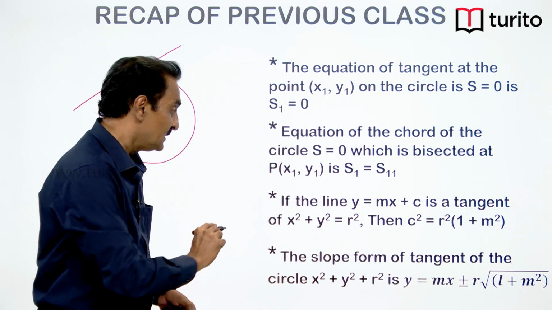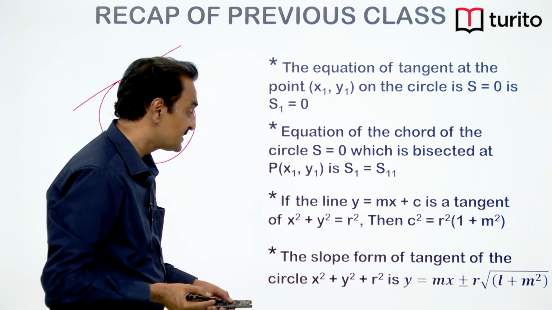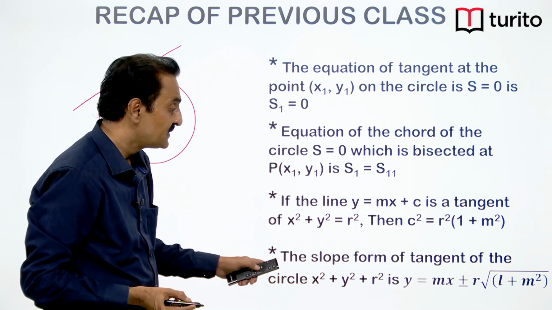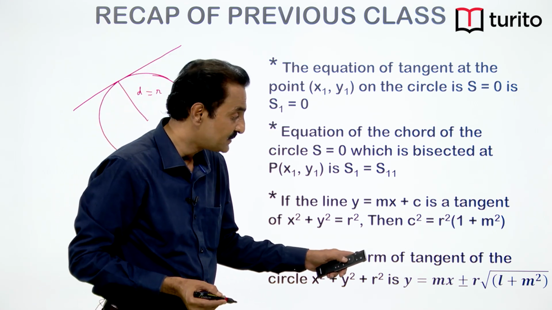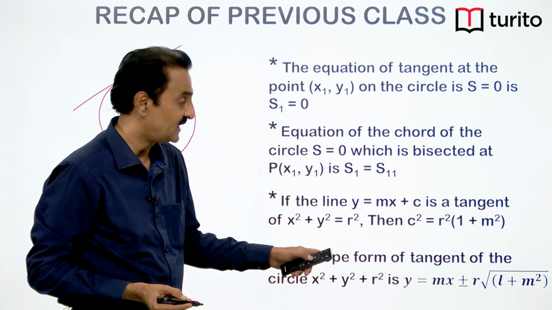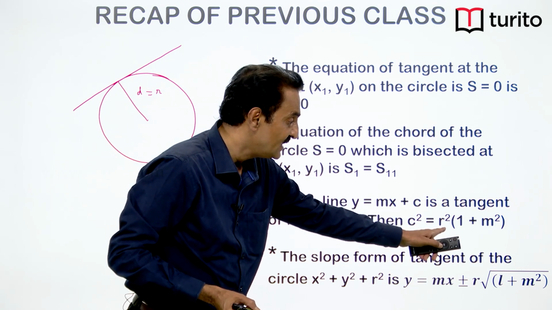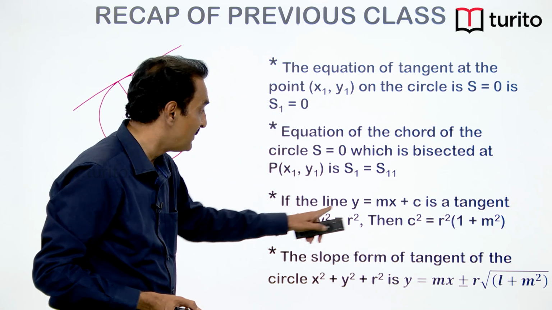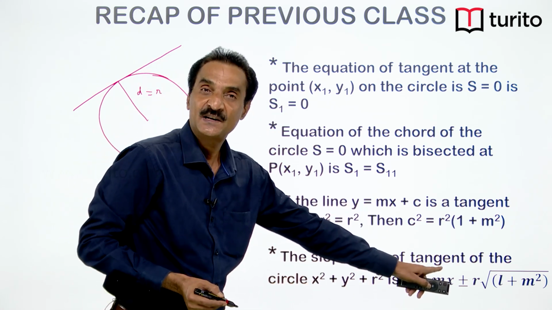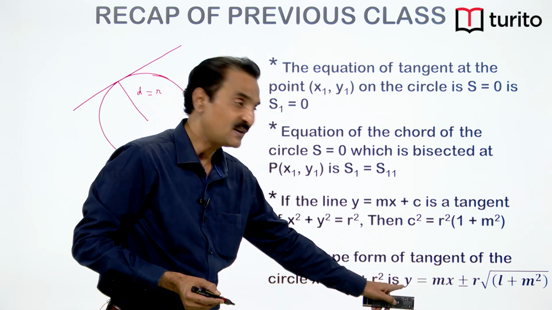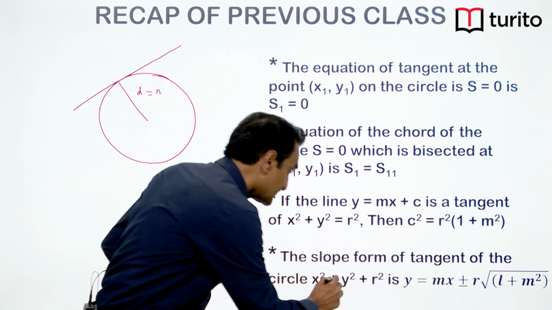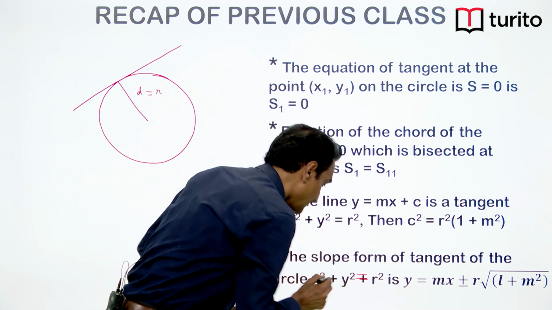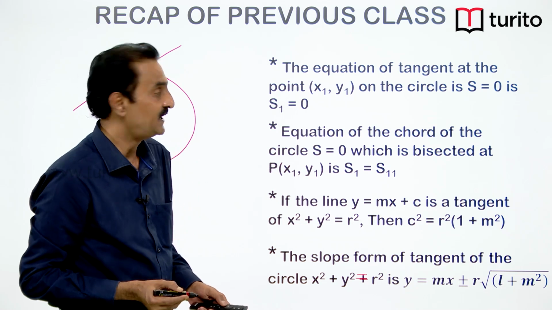The slope form of the tangent to the circle x square plus y square is equal to r square is y = mx plus or minus r root (1 plus m square). If you substitute c as plus or minus r root (1 plus m square) in y = mx + c, then you will get this. For any value of m, this is a tangent line to the circle x square plus y square is equal to r square. Next point,